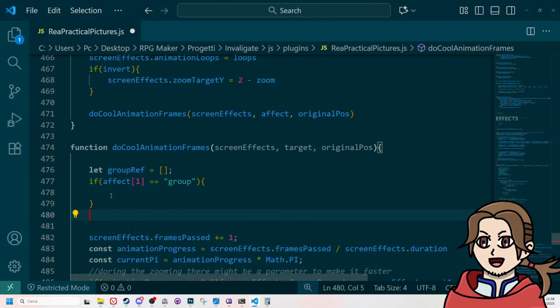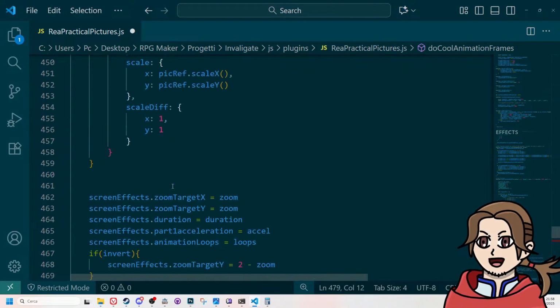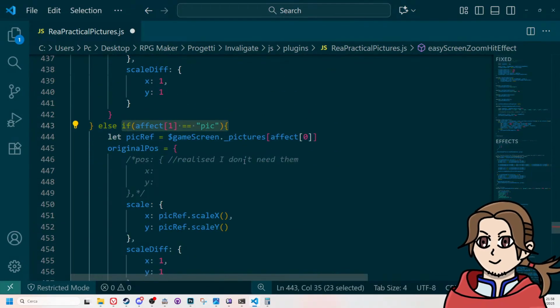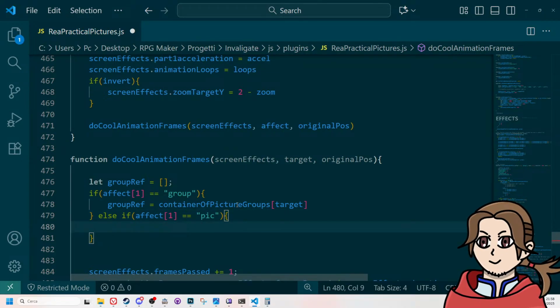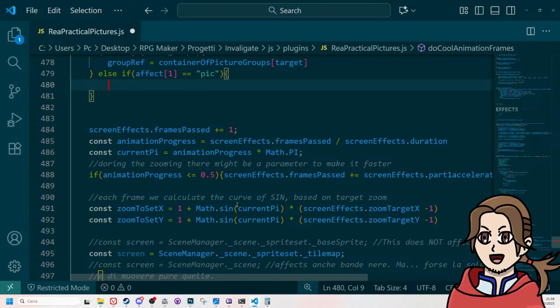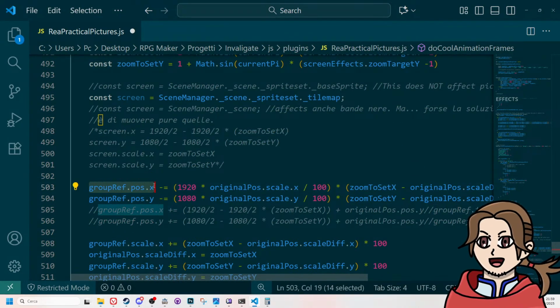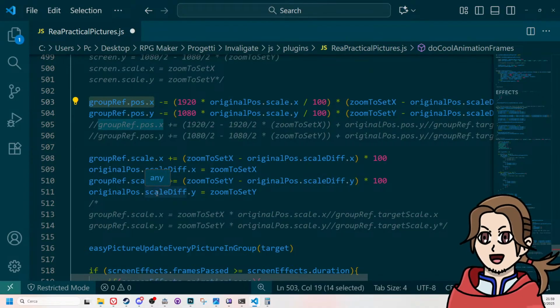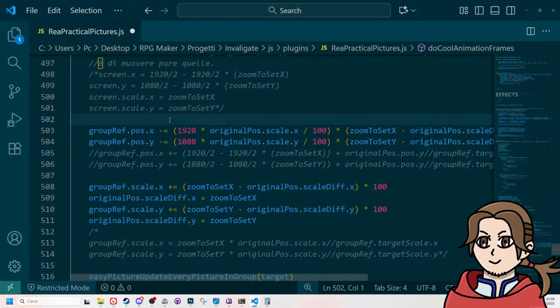We define the group ref. Otherwise, if we are moving a single picture instead of a whole group, we do something else. Okay. Now though, a picture or a group gets referred in a different way. We might first define all the parameters and then apply all of them. We can easily do that. So,